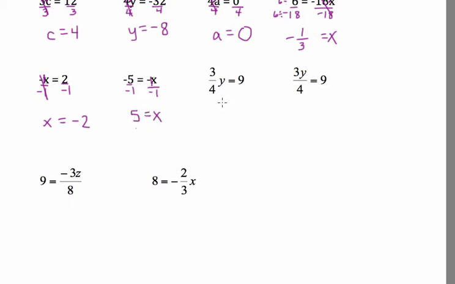Let's talk about these fractions a little bit. 3/4 times y equals 9. Now, to undo timesing, I would divide both sides by 3/4. We commonly use a shortcut, though. When you divide by a fraction, it's the same thing as multiplying it by its reciprocal. So to get rid of timesing by 3/4, if I multiply both sides by 4/3,